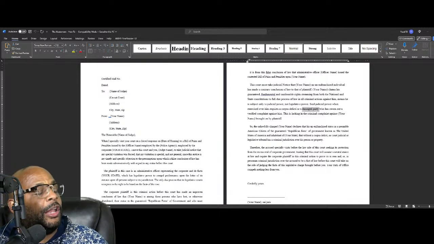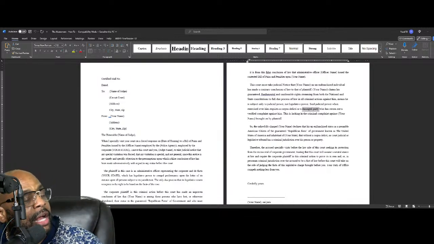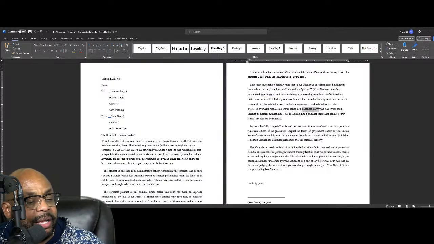It says, so the unlawfully charged John Henry Doe declares that his unenfranchised status,